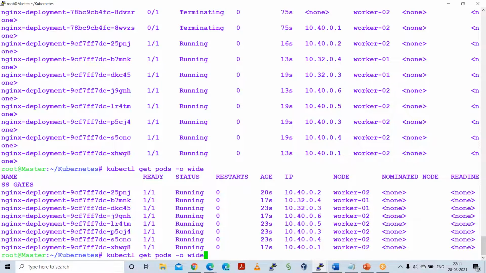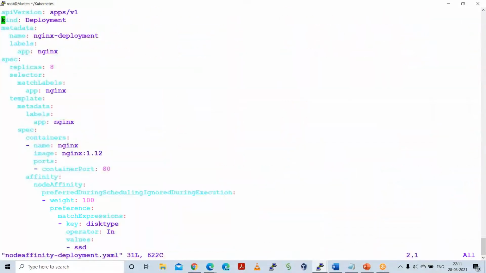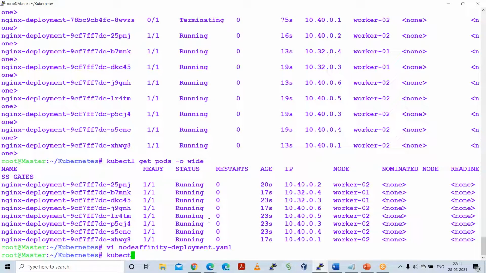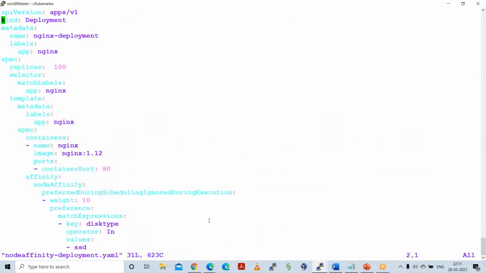So what will happen if I try here 100 pods? Will all of them get deployed on the worker 2? Preferably on the worker 2 only, but the weight we have used is now 100 here. So let me change this weight and let me make it 10 and try to deploy, but this will be too much number, right, guys? We will not be able to calculate that. Let me make it 20